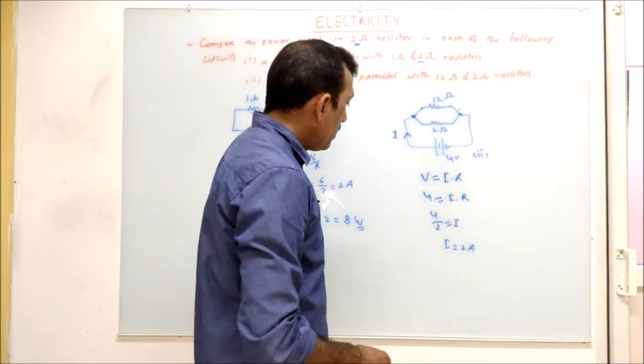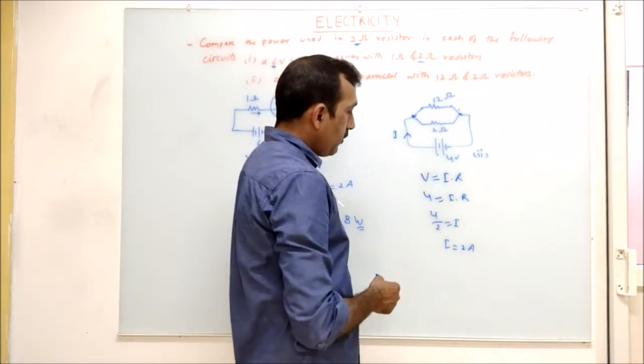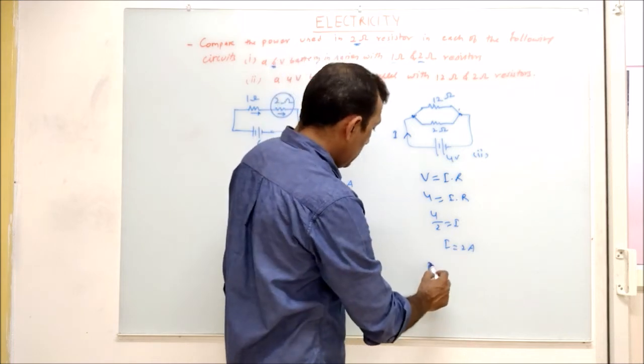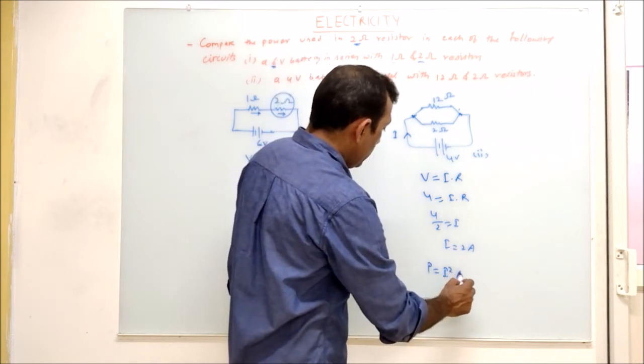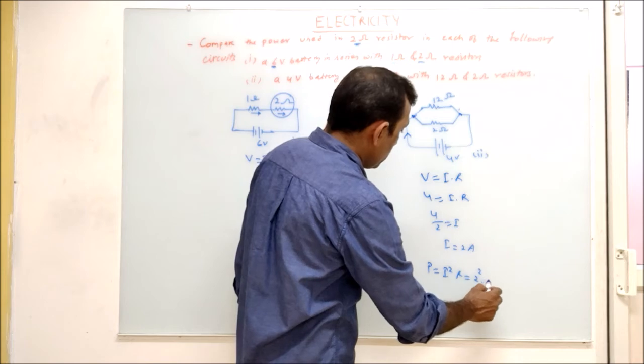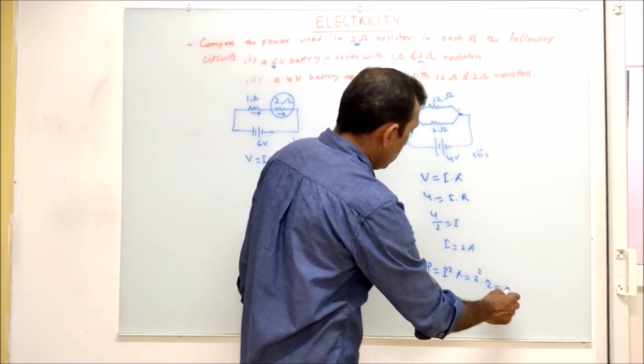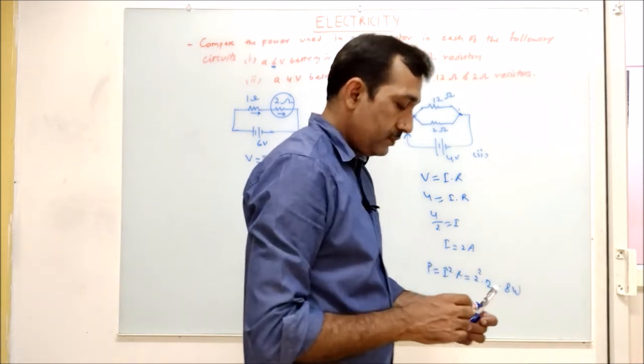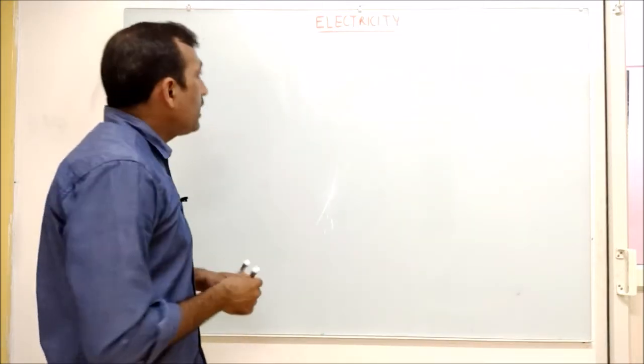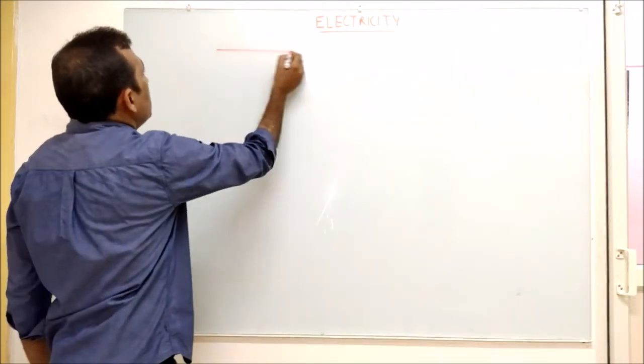Now, so here how much current is flowing? 2 ampere, and again the same power equal to I square R, which is 2 square into 2 equal to 8 watts. Now in the last I will take an example of, say there is a